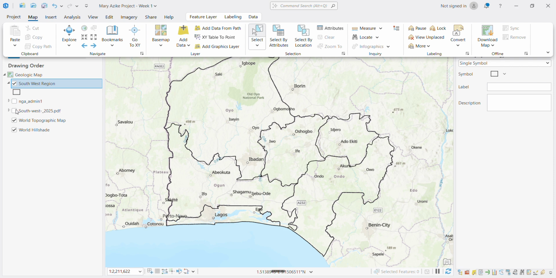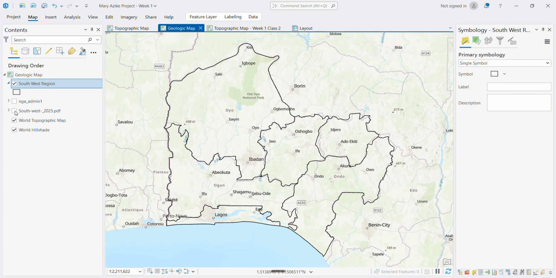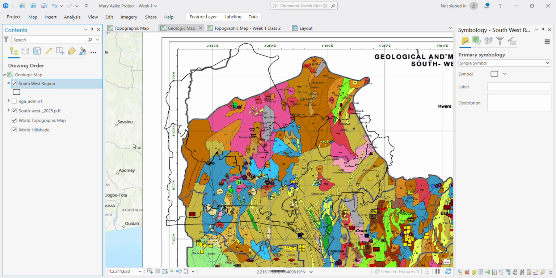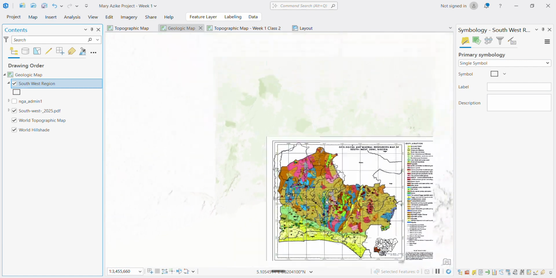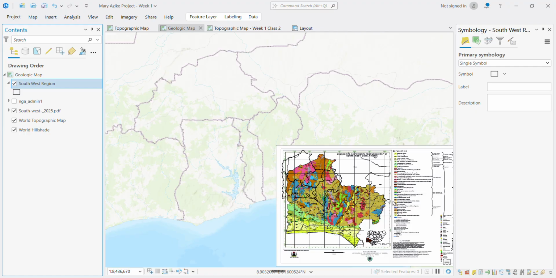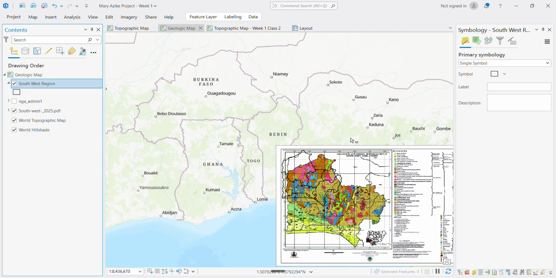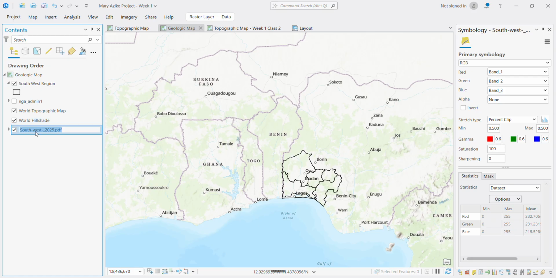Let's turn on our Southwest. When we turn on our Southwest, do you see the map there? You see the Southwest now, right? But you see that the Southwest data we imported is way bigger than the whole area, right? Let me do it like this. Let me bring it down here. Let's assume